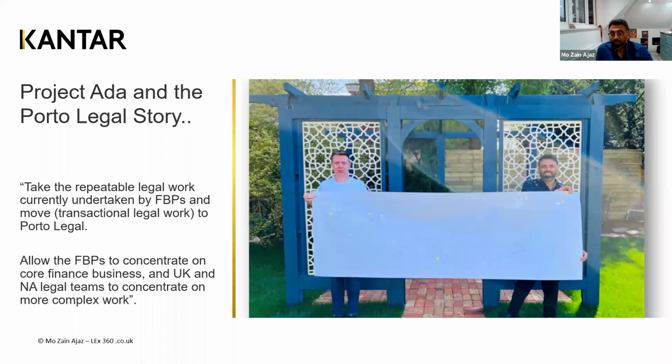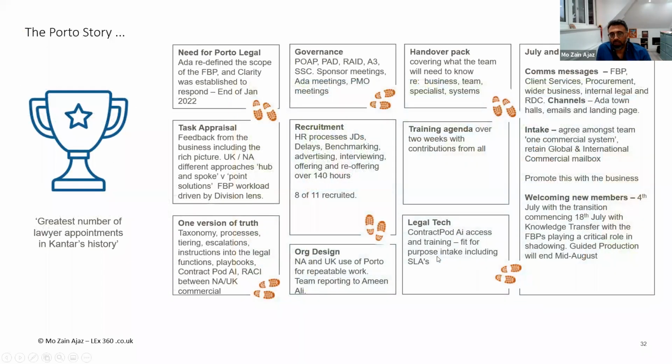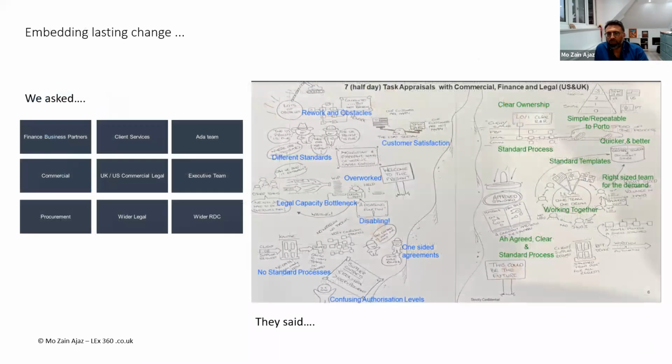On this project, I mean, on the next slide, on this project, there was never one version of truth. Nobody understood it. So the taxonomies, the processes, the tiering, the escalations, they all allowed us to hook it into the contract pod, the races, allowed us to say to people, this is how it works. If you go to the next slide, Catherine,